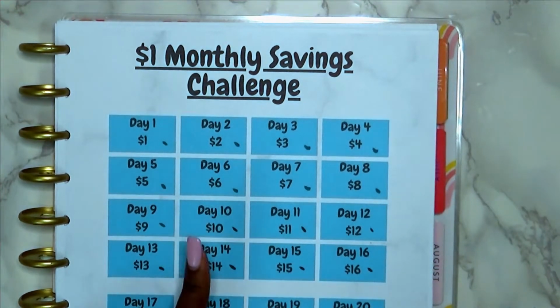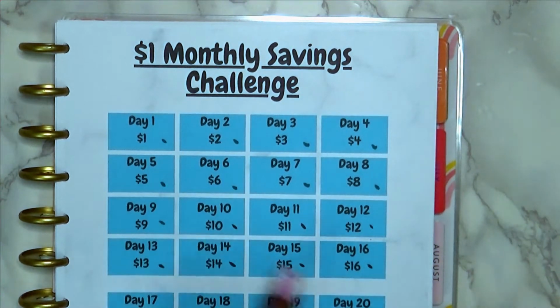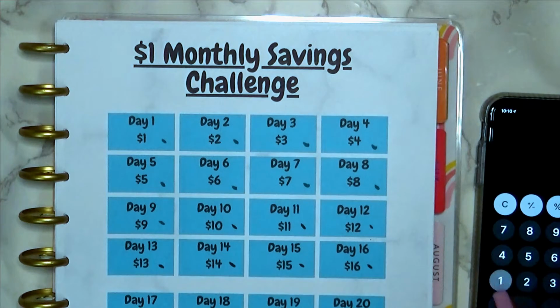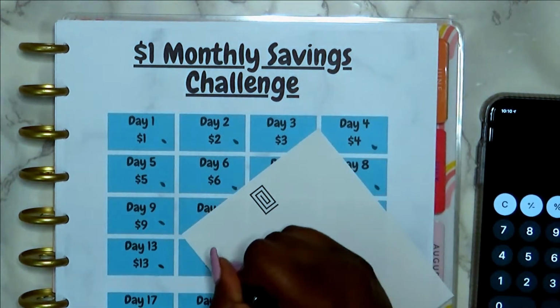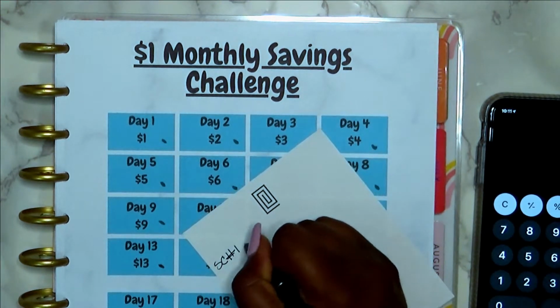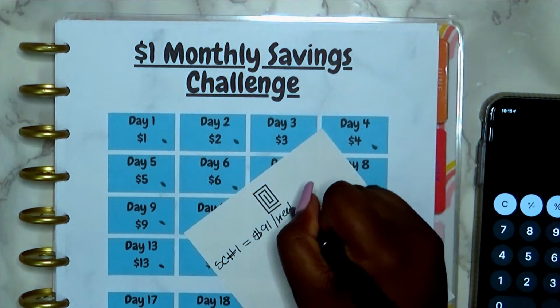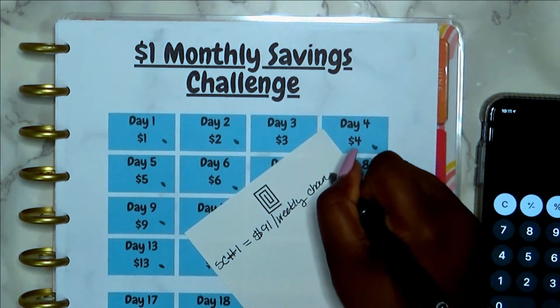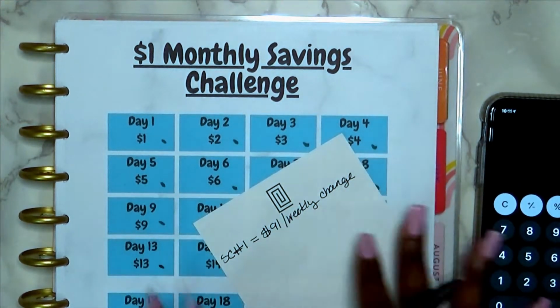My last update was posted on May 9th, which was going to be right here. So we're going to be calculating the 10th forward. So let's go ahead and do that. 10, 11, 12, 13, 14, 15, 16. All right, so for savings challenge number 1, that is going to be a weekly change of $91. We're going to put just weekly change here. So that is what I should have added to my savings challenge totals in my savings account for this